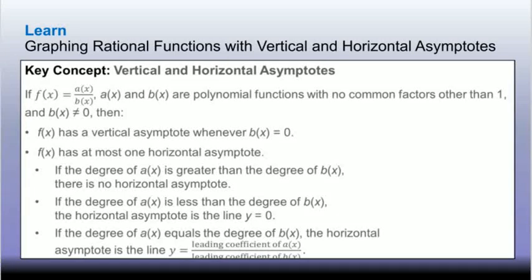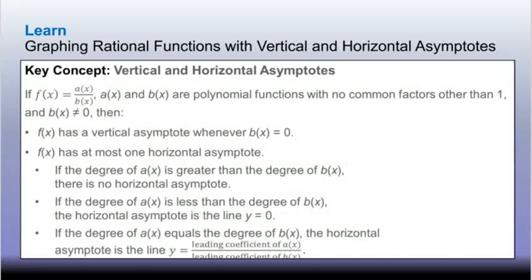Reviewing our vertical and horizontal asymptotes, if f of x equals a of x divided by b of x, where a of x and b of x are polynomial functions with no common factors other than 1, and b of x can't equal 0, then you have these properties. F of x has a vertical asymptote whenever b of x is 0, and f of x has at most one horizontal asymptote. If the degree of a of x is greater than the degree of b of x,